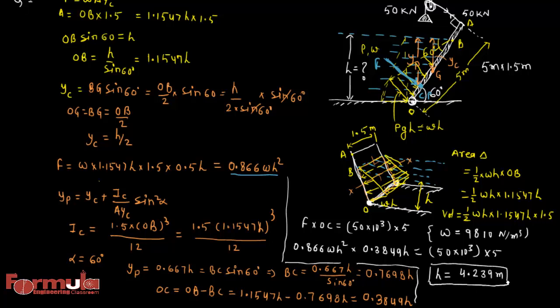Above this height of water the gate begins to fall, because after that the weight that is balancing this one can't hold this force. In that case the height of water is beyond this height and the force is more here, and that is acting at the center of pressure. So this moment will be more than this moment and the gate will start to fall over here.